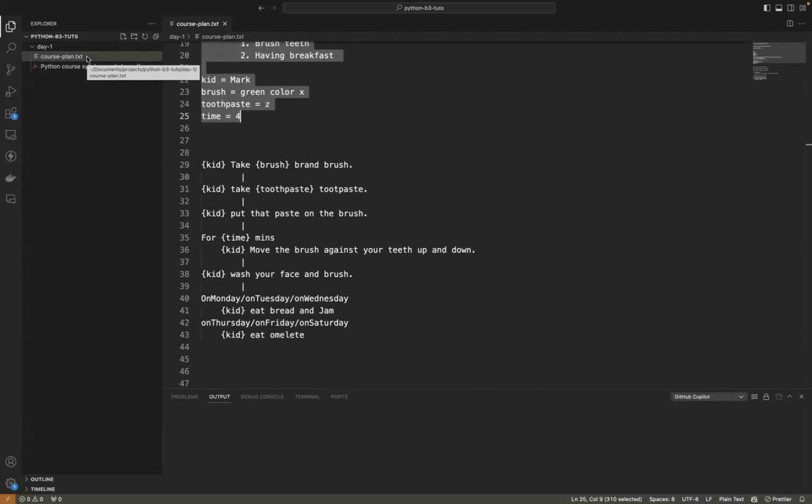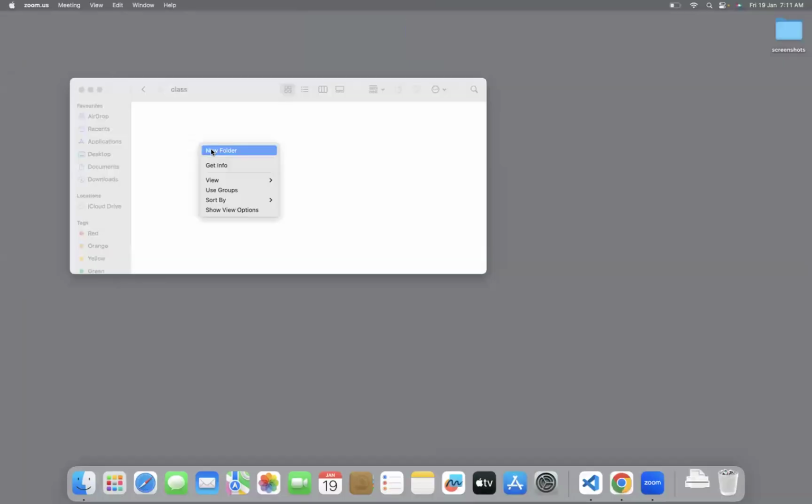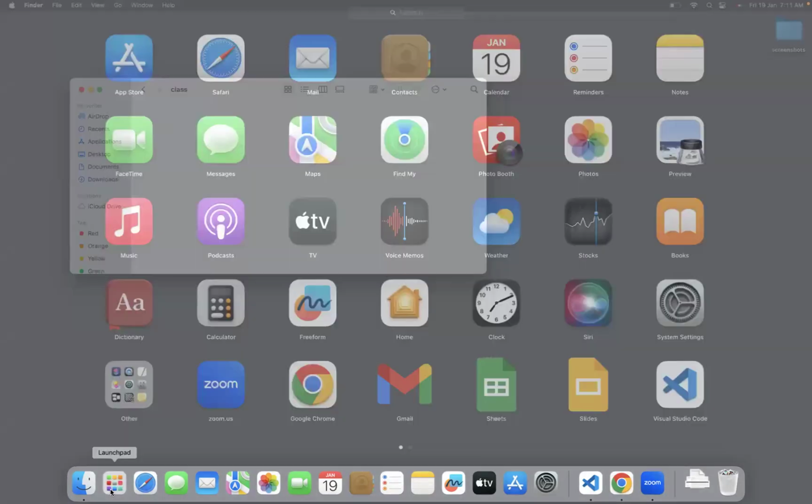Like that we have other extensions also, like CSV, Excel, docs file. Our Python files, we store them with an extension called .py. So to store your first file, one second, let me open the terminal also.